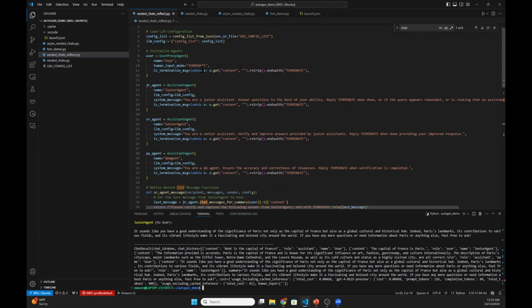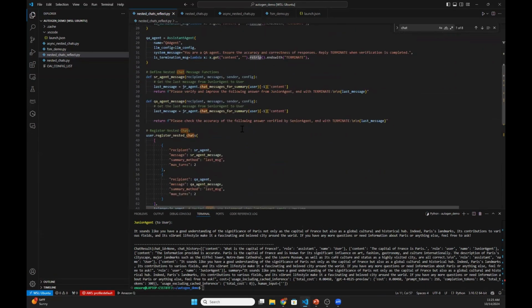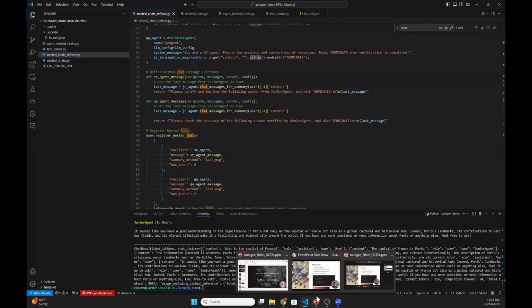One thing I do want to point out is this termination message. This is very common. This is to help determine whether or not the string ended with terminate, and therefore that we need to terminate. The other thing is that you will see I have to do this last message equals junior agent, and so on, to find what that query was. Obviously, this could be hard-coded. That's the kind of thing that's just annoying to have to code and gets really complicated in larger interactions. So let's take a look at another pattern.